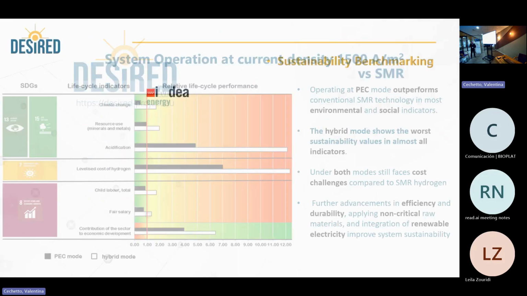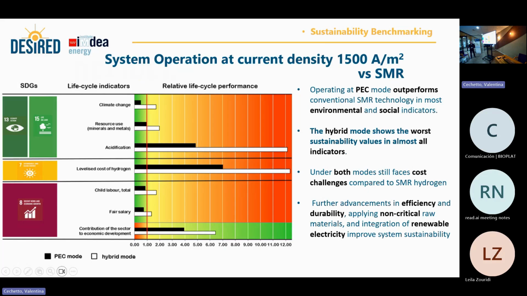And finally, we have sustainability benchmarking, because we need a reference system to know how sustainable our system is. So here we have this benchmarking against hydrogen produced from steam methane reforming as a conventional, mature technology. And by this comparison, you see here that our system at